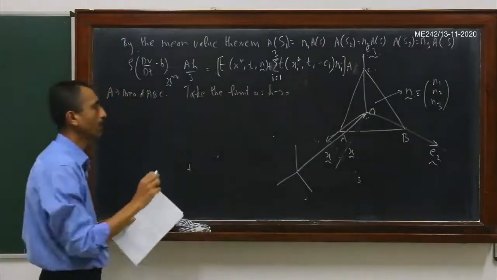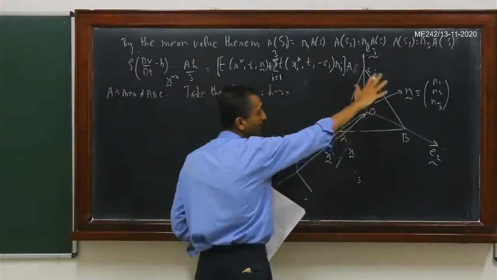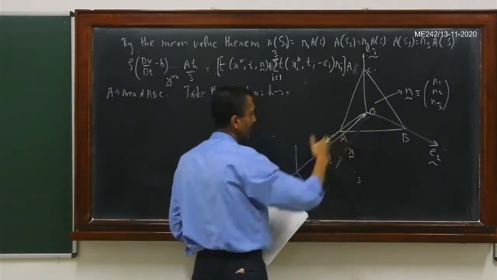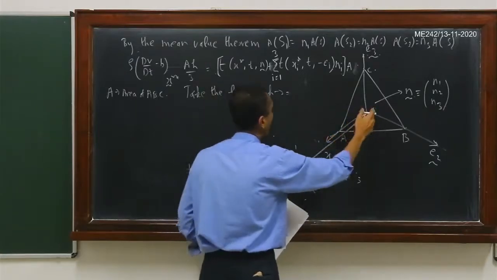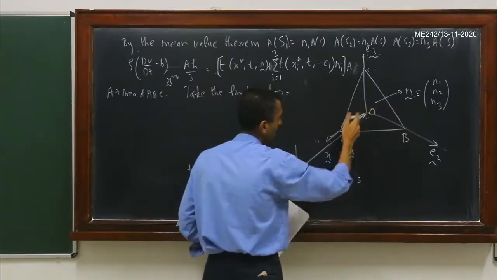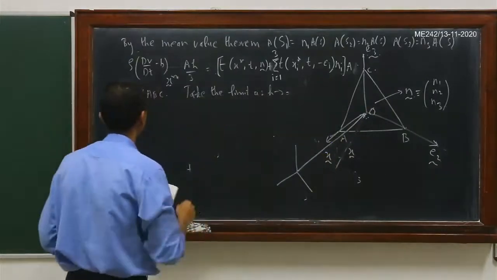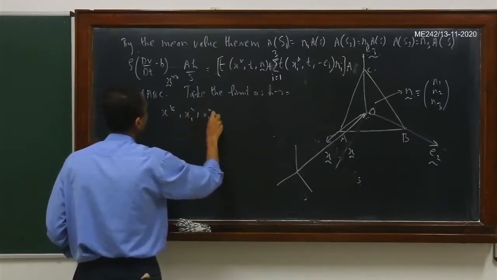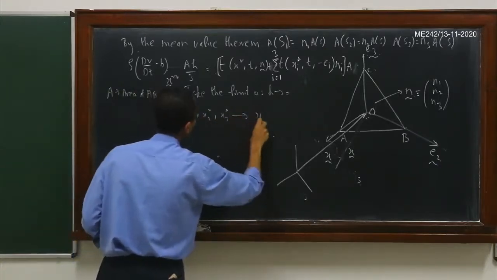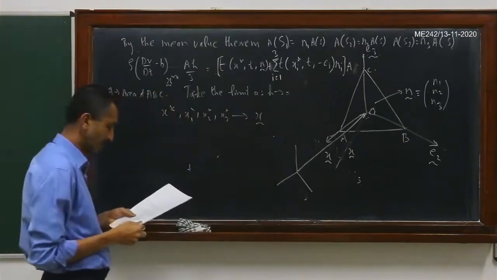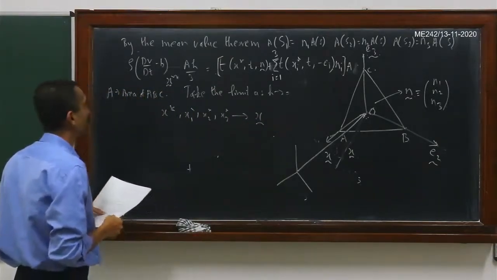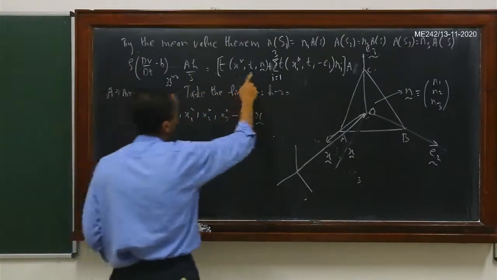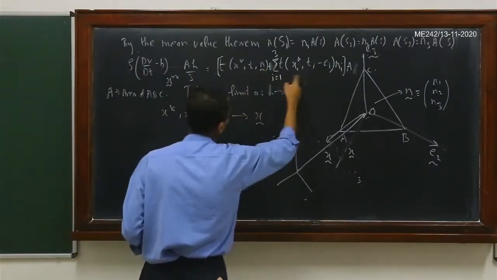All this is happening at some point within the body, and all we are doing is establishing a local coordinate system which is parallel to this particular axis here. And the position vector of this particular point is x. So all these x star, x1 star, x2 star, x3 star, they all tend to x. As h tends to 0, all of these quantities tend to this particular thing. So this term now goes to 0 because h is going to 0, right? And then this sum will also go to 0.